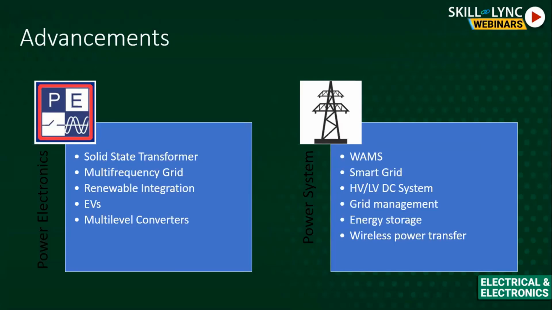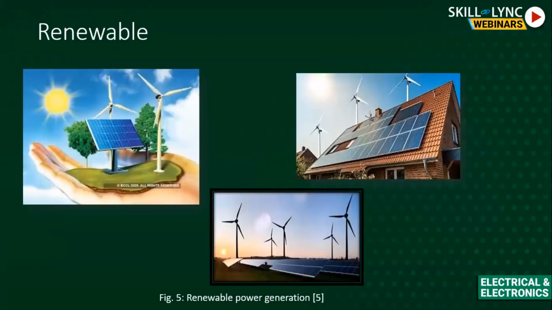Everything is becoming smart. So the power system also has many advancements in these areas. Grid management, energy storage, wireless power transfer. These are all upcoming fields, upcoming research which is being incorporated into the power system. Like I said, if you look at renewable integration, it has a lot of opportunity to bring change into the way power is being delivered to our homes as well. There is an option of directly using DC, which is being generated from solar. We need not feed it to the grid. But are our household equipments capable of it? So we need to look at all these aspects.